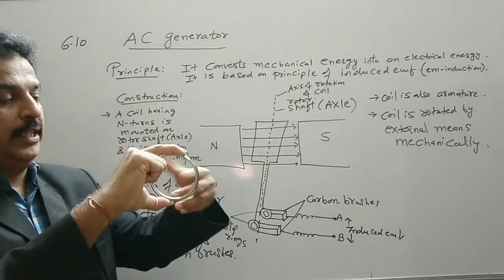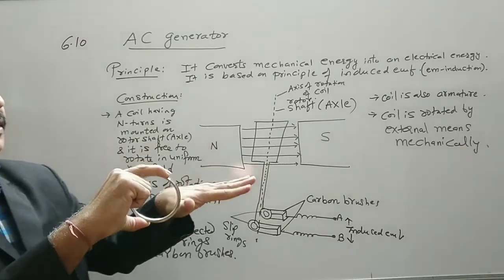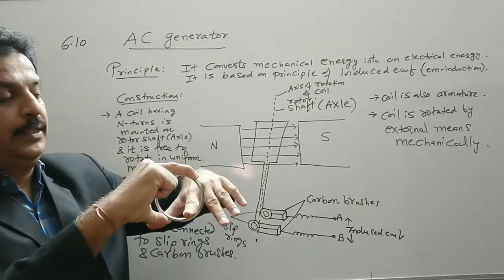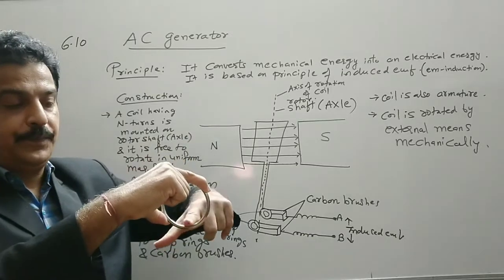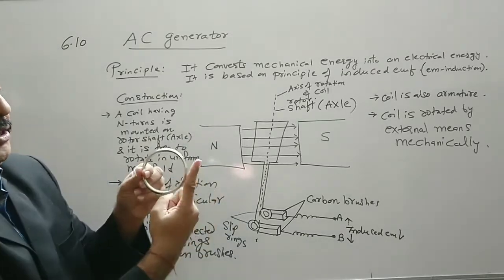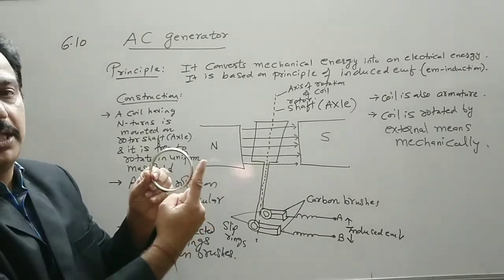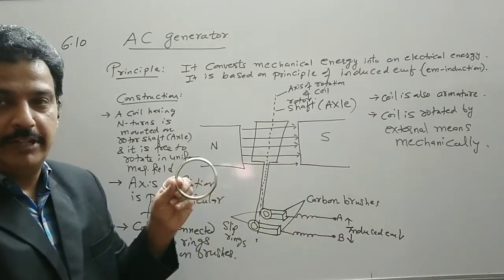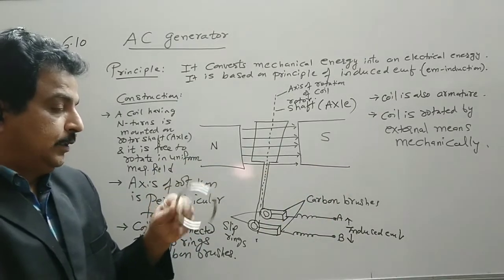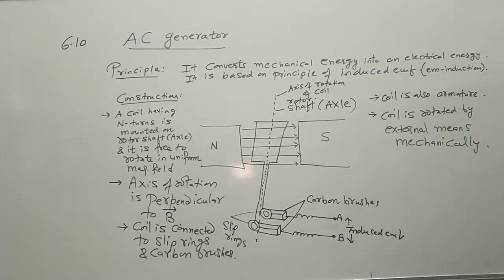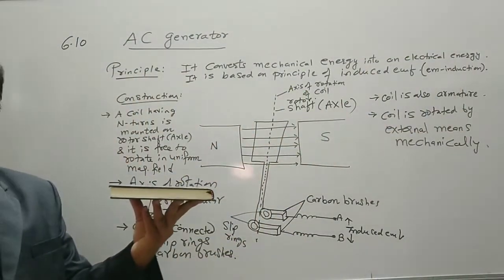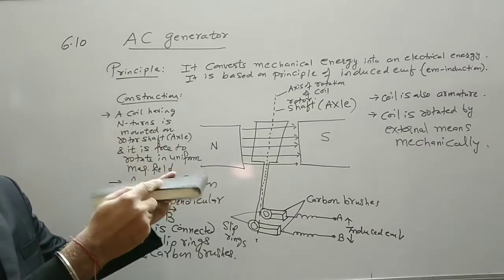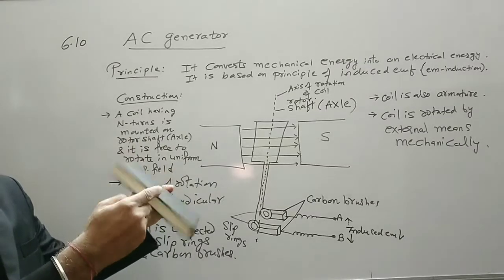So this is how it works when the coil will rotate. So let us assume that this is a coil and we have one end touched to it. So this is a coil like this, and here we have a carbon brush, or say a carbon rod, across which we will take an output. Now let us see the initial condition, when this coil is rotated. We have to rotate the coil by external means mechanically, either clockwise or anti-clockwise.